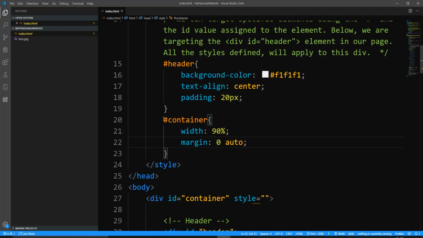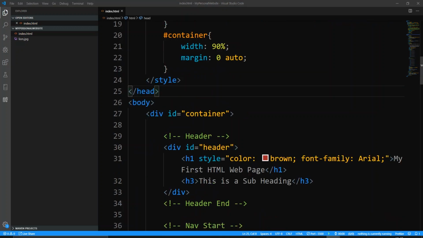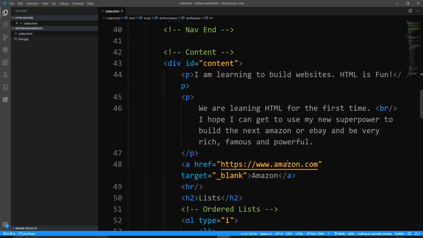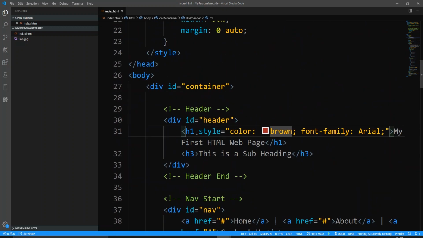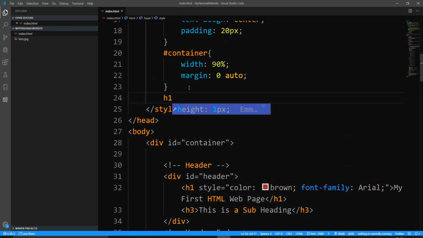All right. So now that we've made a representation for the CSS inside of the internal style sheet, I really don't need my style attribute inside of my div tag. Now let me do that again for our H1. So I had H1, the style should be color brown and the font family is Arial. But then I think I want every H1 tag in this document to have this style. So what I'm going to do is just define H1 as the tag,